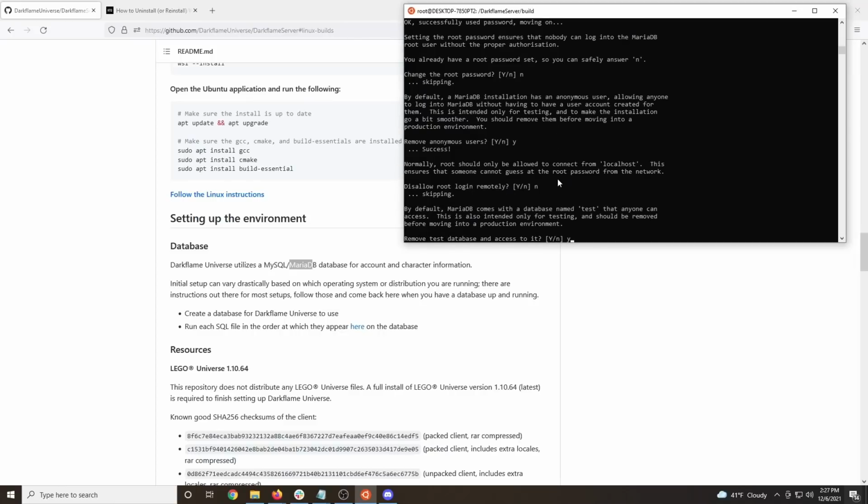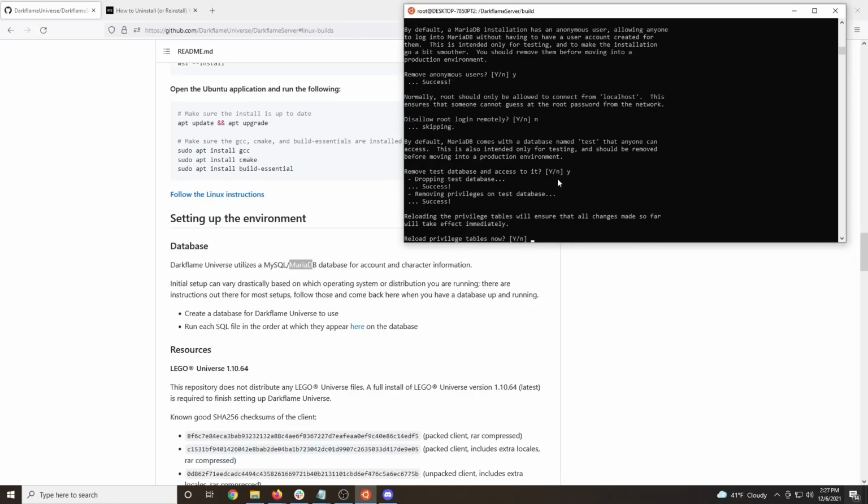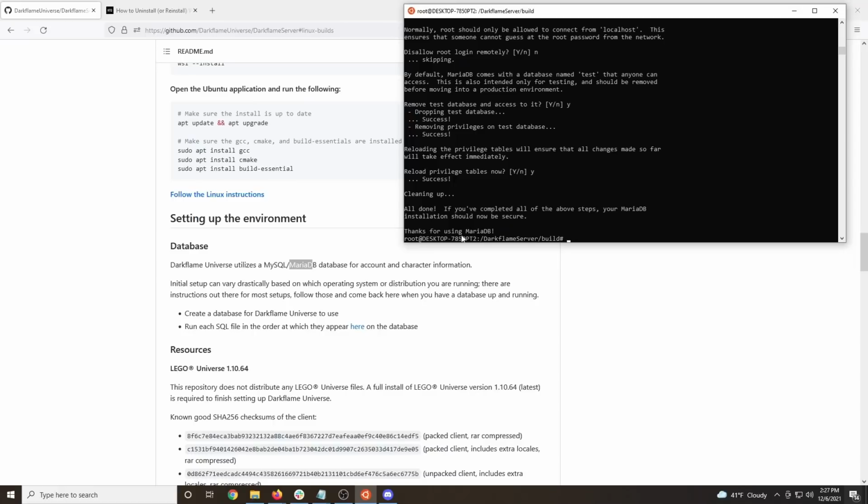And then yeah, remove the test database. And then do yes to reload privilege tables. This will basically just make all these settings active immediately. We'll type yes. Okay, so now we're securely set up. That configures the root user for the database. Now the next thing we need to do is create